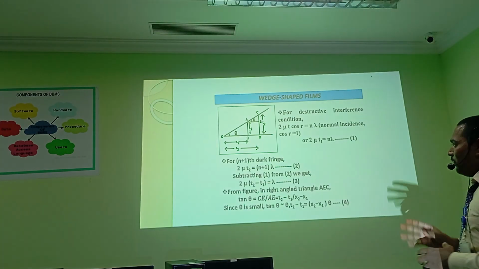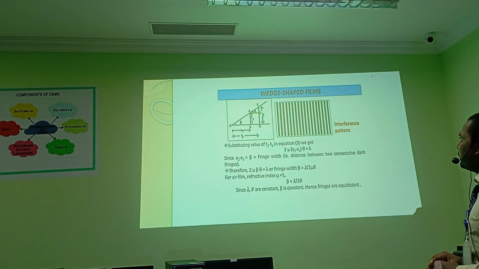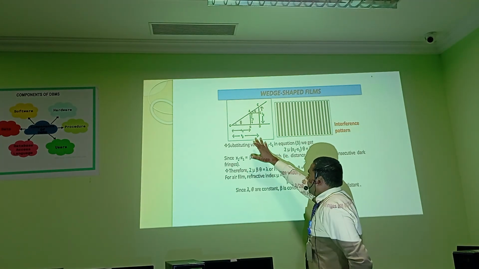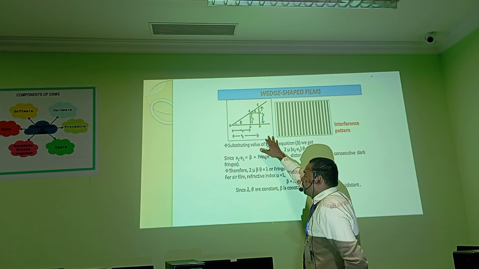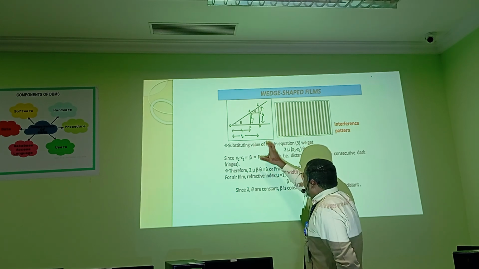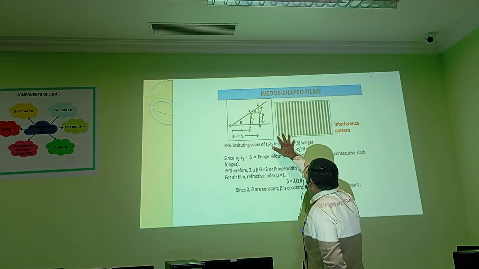That is the condition of minimum or maximum of the wedge shaped film. Next, the wedge shaped film is the interference pattern. It will follow the minimum condition and the maximum condition. Light will be applied, meaning the source will be applied, and the light wave pattern will